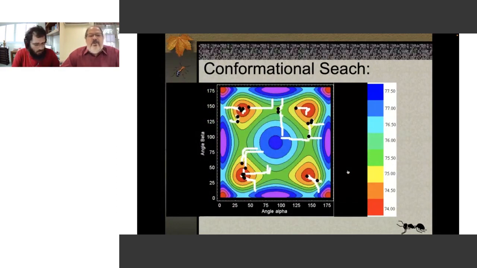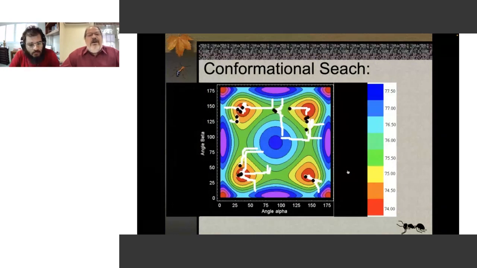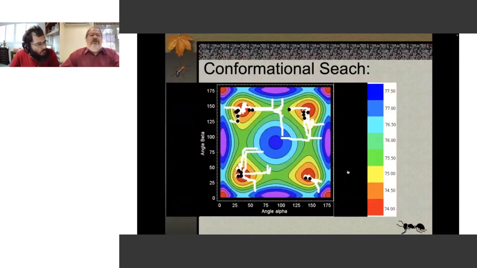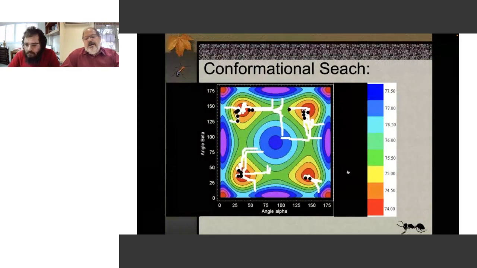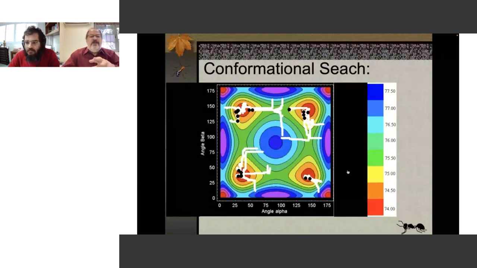Every time it has a good solution, they deposit a pheromone, so that good solution will be receiving more chemical markers, like in real ants. After a few times, the next ant that finds the pathway follows the same pathway, because we have a gradient of the chemical mark. So see, the ants found the minimum easily. But this is a simple problem, just a proof of concept to show you that they can do that.